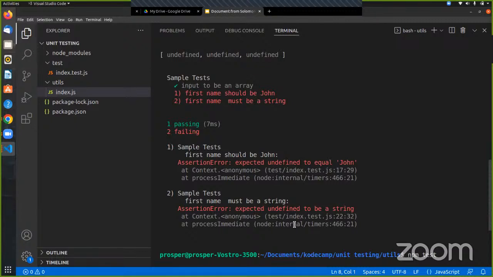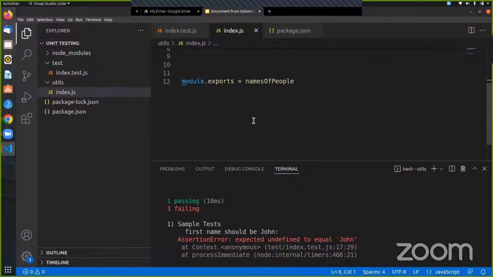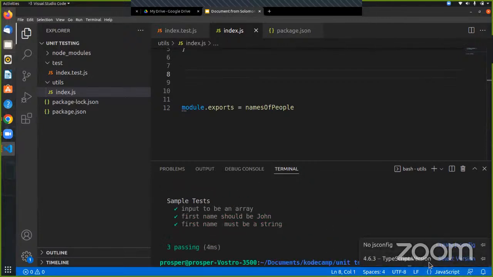Also, the test files can be separate from the real code. Now, if you look at what I have done here, let me bring this down. This is a representation of where the actual function lives. But if I remove all of these things, all the way down to the console.log, which are things that I do not need, I can still run my test. I can still run my test, and my test cases are passing